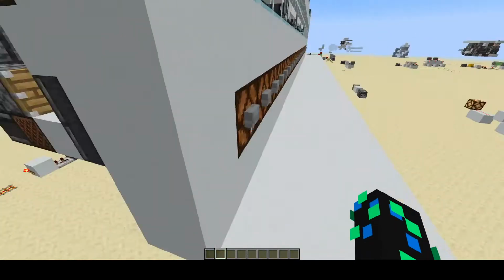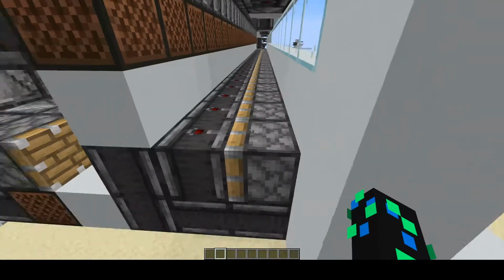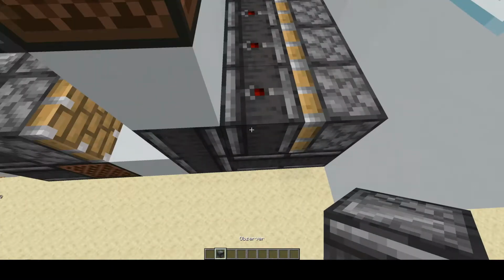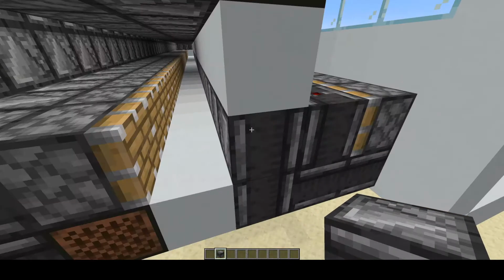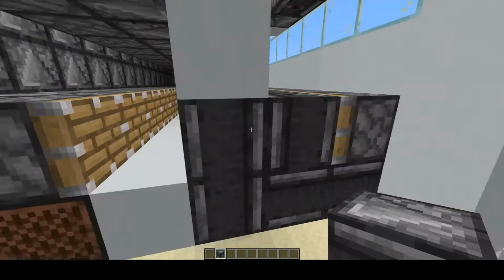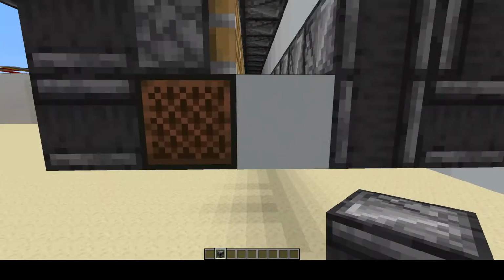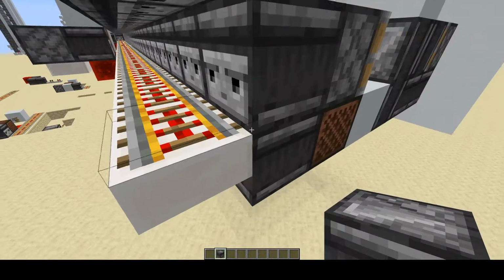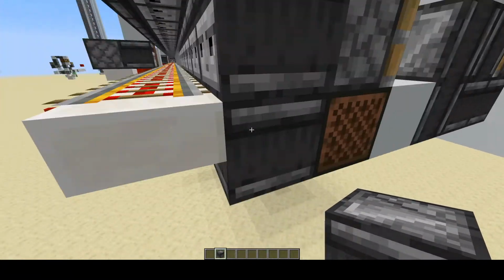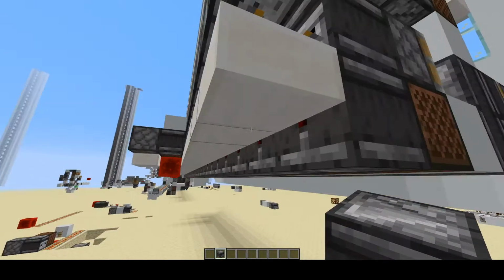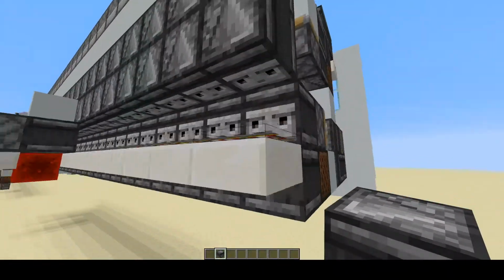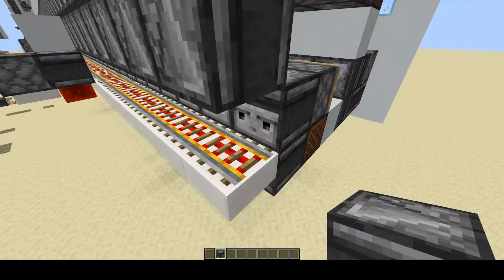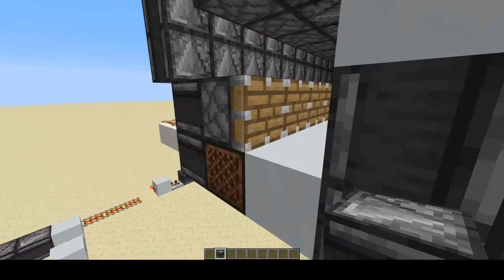This button powers the piston, which extends it. This one is facing upwards. This one is facing downwards. So when this gets pushed, it powers this block, which triggers this no block, which updates this observer, which tries to power this slab, which updates the butted rails, which this observer then detects, and it tries to